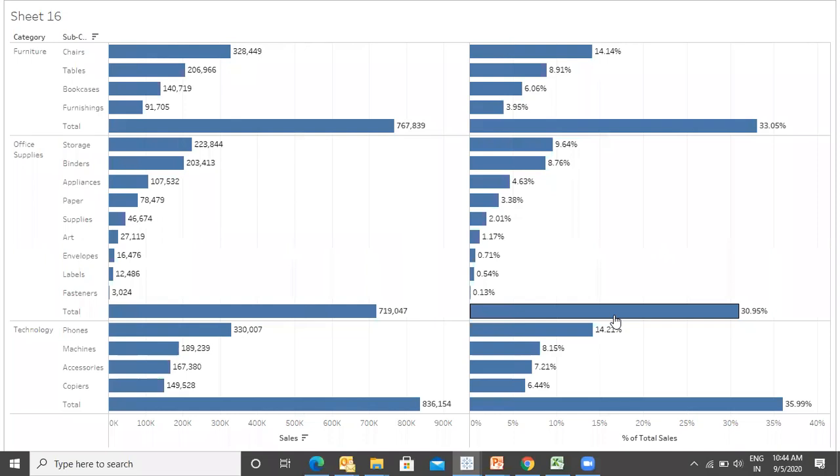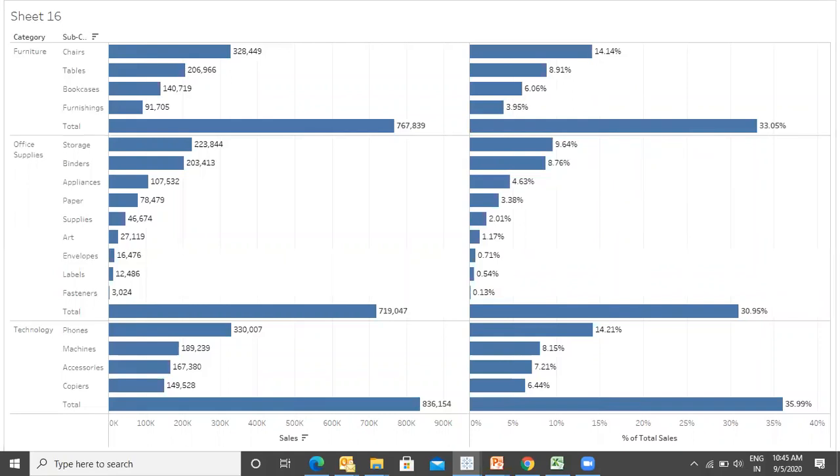Okay, 14 is the percentage. What do you mean by this 14%? 14% of what? 14 percentage of sales. Which sales? Chair sales? No. Furniture sales? Overall sales. Okay, 14% of overall.